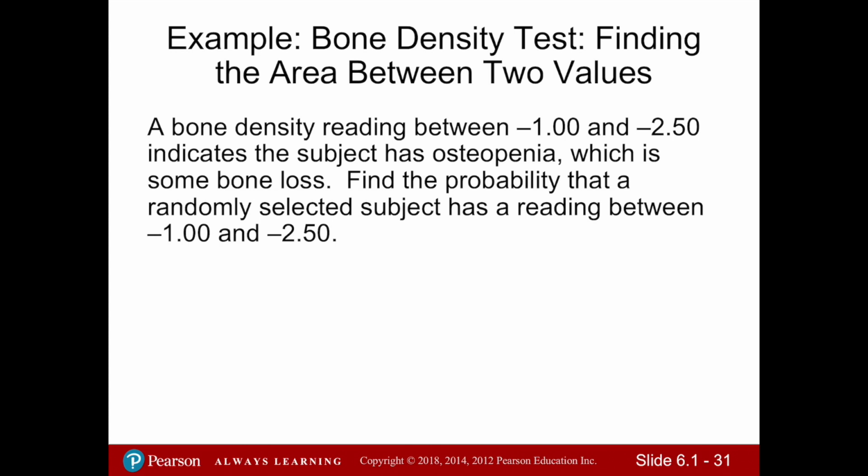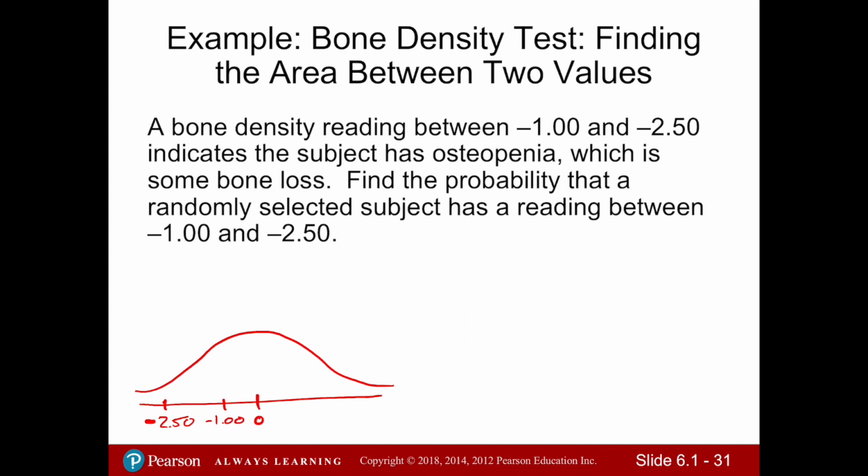The last standard type of example is trying to find the area between two values. And here it tells us that a bone density reading between -1 and -2.5 indicates some sort of issue. So we want to find the probability that a randomly selected person falls within a range. And so we'll compute this really the same way we did before. We take our standard normal curve centered at 0, and I want to plot, in this case, the two different points,